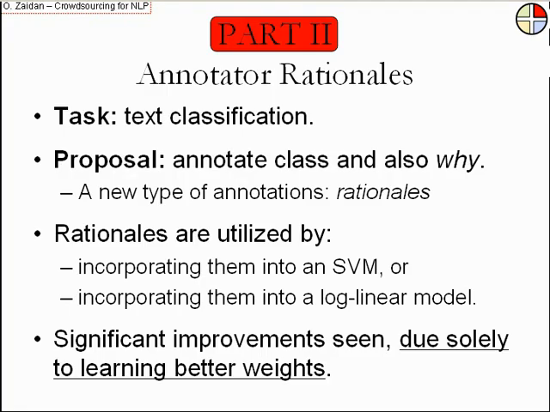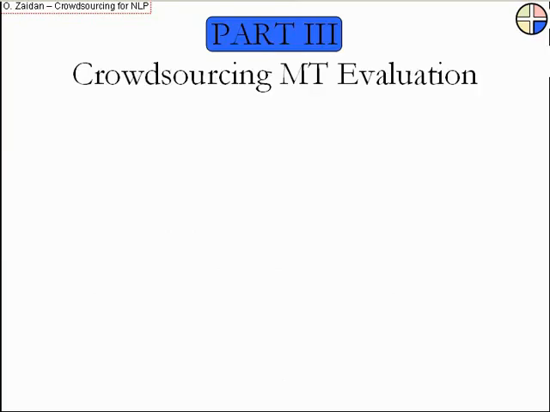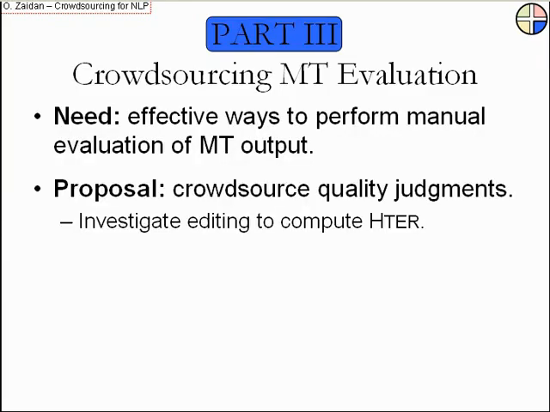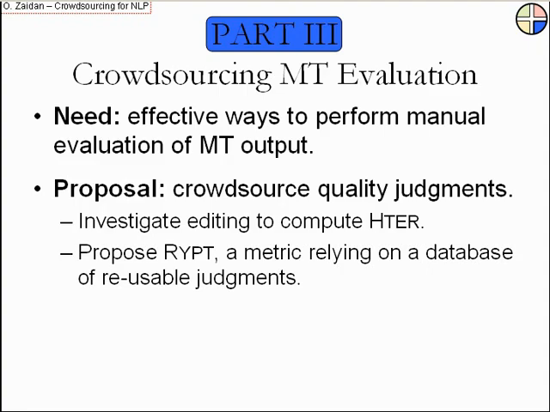So let's move on to the third part of the talk. Here I'm going to talk about how crowdsourcing can help us perform manual evaluation of MT output effectively and efficiently. The proposal will be that we can use crowdsourcing to collect quality judgments from human annotators. We look at an editing task that would help us recreate HTER scores. And I'll also propose a new evaluation metric that I call RIPT that relies on a database of reusable human